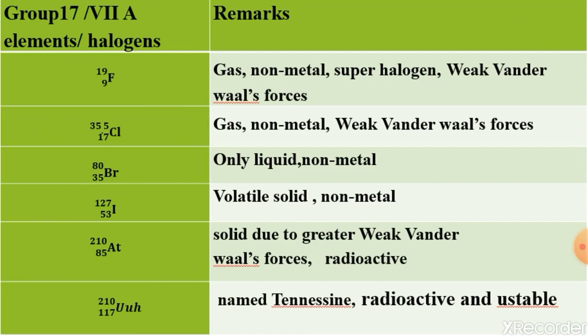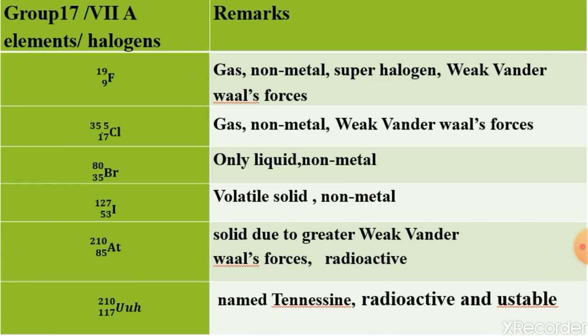Now, dear students, this is the only non-metal liquid in the periodic table. So one question may arise: which element having non-metallic character is a liquid? Your answer is bromine. But for metals, mercury is your answer. Here the name bromine came from bromos, which means unpleasant smell. So it is named bromine.